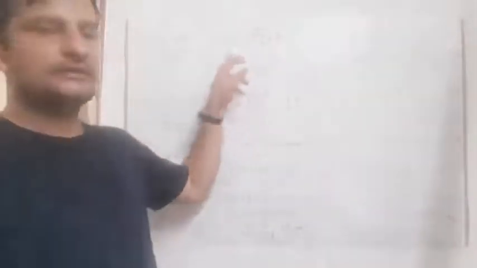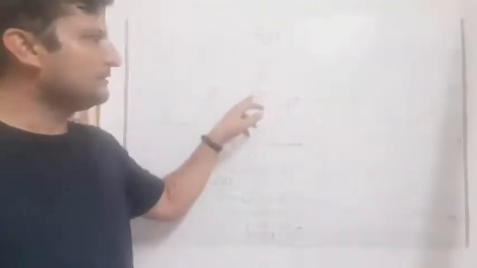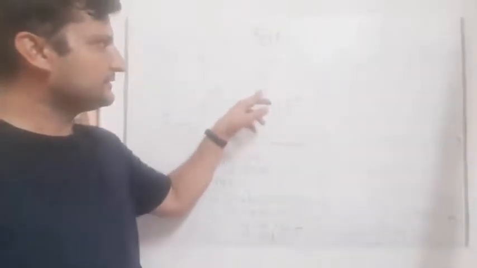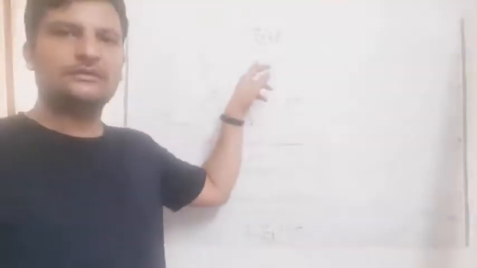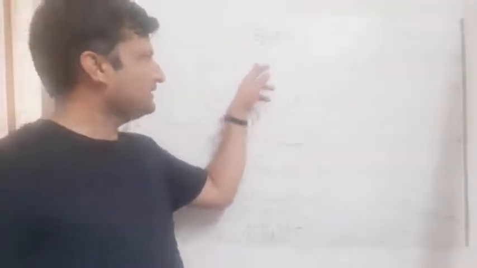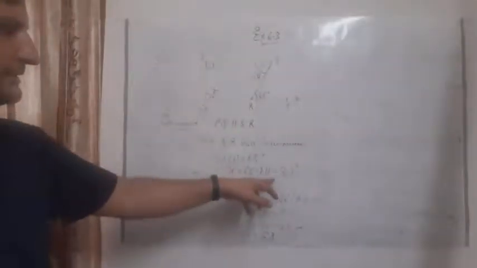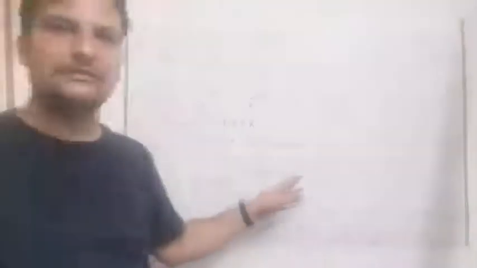So students, these are the answers. First, we noted that these two lines are parallel to each other. It is given that PQ is parallel to SR. So if both are parallel, it means QR is a transversal. I have told you earlier that if this is a transversal, these two angles are called alternate interior angles, and these alternate interior angles are always equal. So 65 is equal to 28 plus x. We have got 15 minus 8 is 7 and 5 minus 2 is 3, 37 degrees.